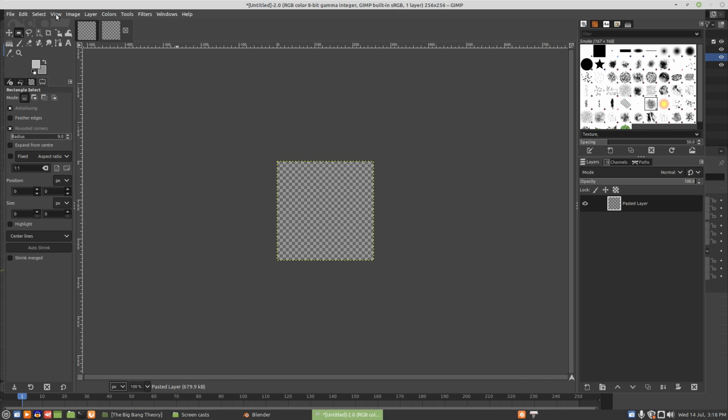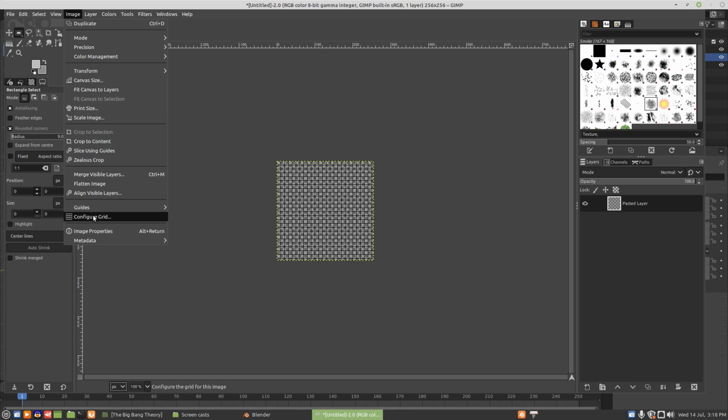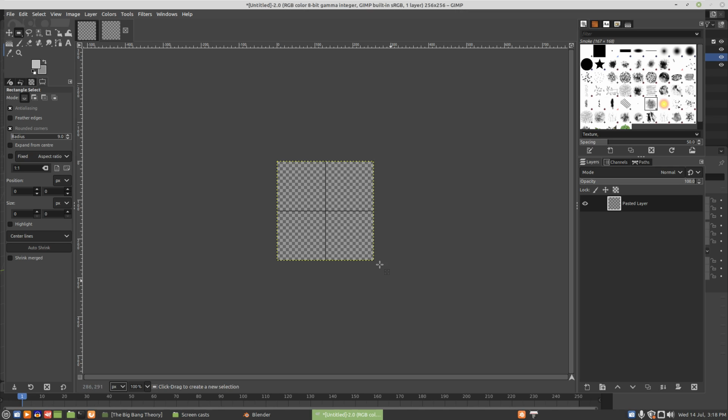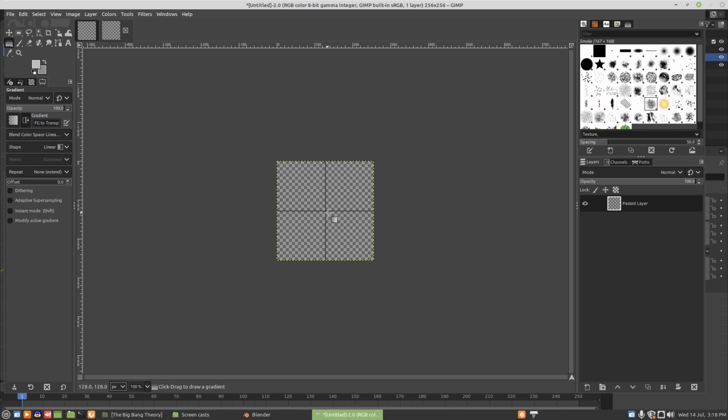In this image we're going to use the grid. So we'll snap to grid, show grid, image, configure grid. We're going to put it at 128 by 128, and that's just going to create a crosshair. We'll use the gradient tool. We'll start at the center, come out to an edge, and we'll look through our tool, and we're going to change the shape here to spiral. So we'll use this spiral shape,